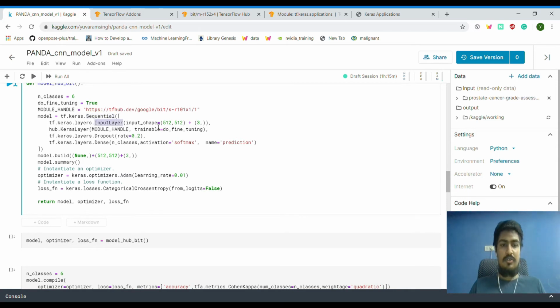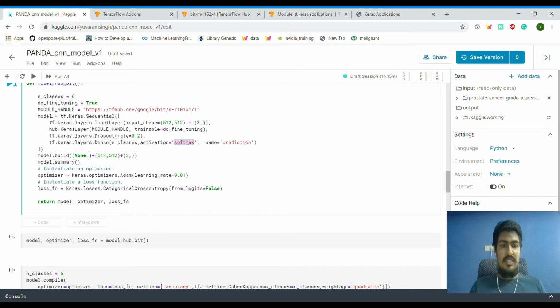The input layer is going to contain a 512 cross 512 shape input, and then we are going to call hub.KerasLayer. We pass in the link, and do I need to fine tune it? Yes, I need to fine tune it. This will just yield the CNN part of it, which will not contain the prediction part. So I'm just going to add the prediction layer. I'm going to add some dropout, and then a dense layer with 6 classes and softmax.